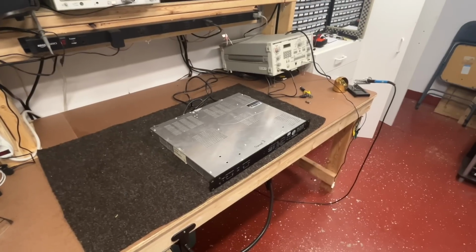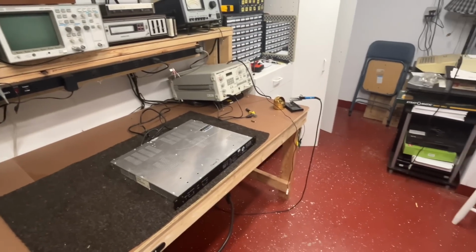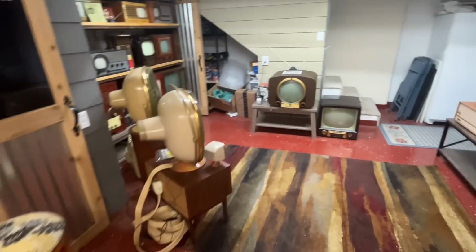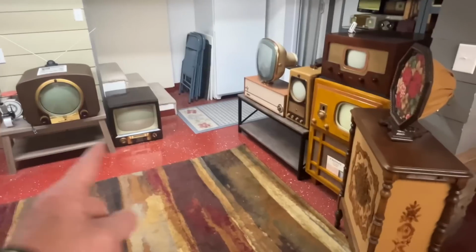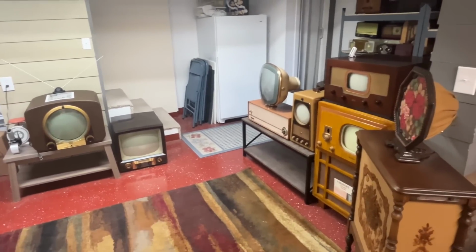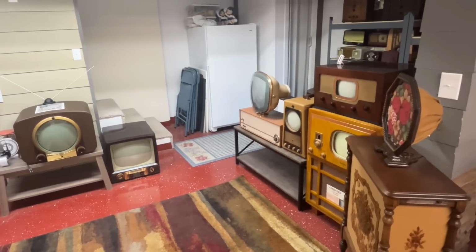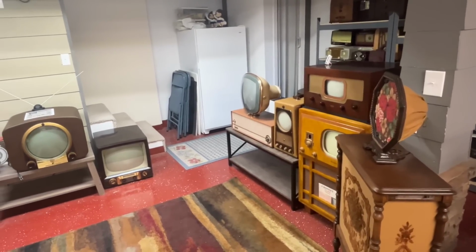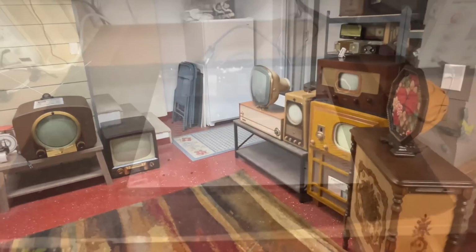Once I get this hooked up, I may use them with a wireless signal. I'll see how that goes. But I definitely need something for these sets because they're out on the other side of the room, and yeah, I could stretch coax across the floor, but it would be a lot nicer if I just had the wireless signal. Now, this is a model